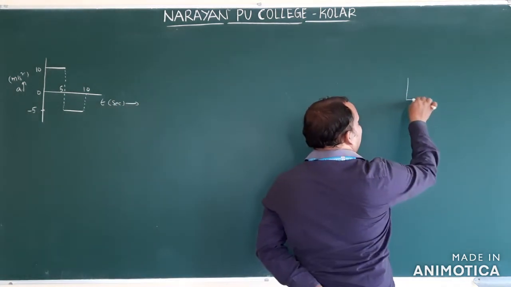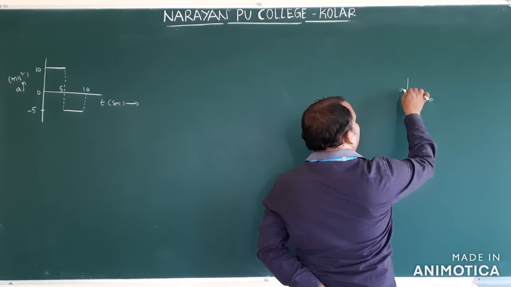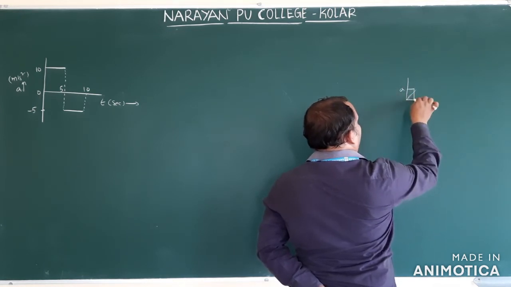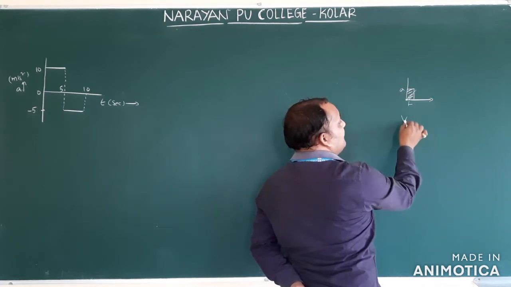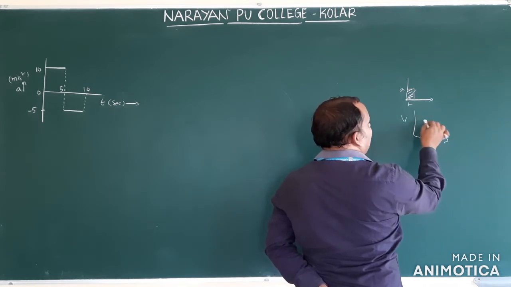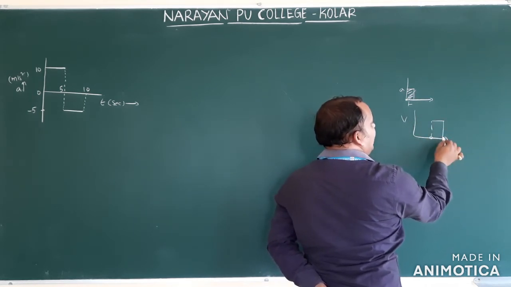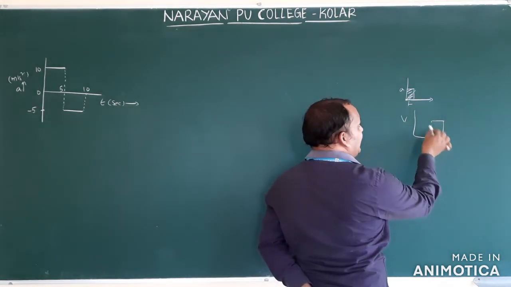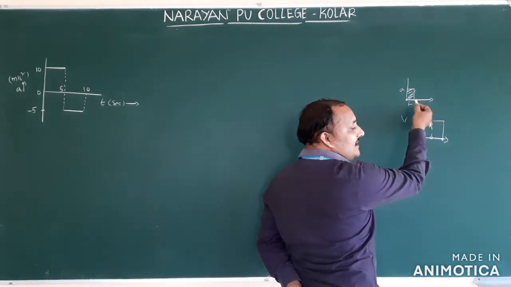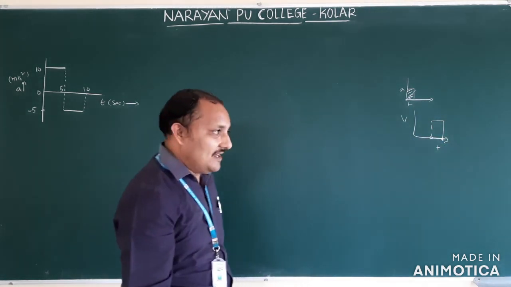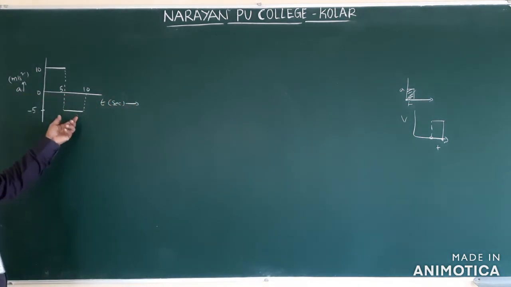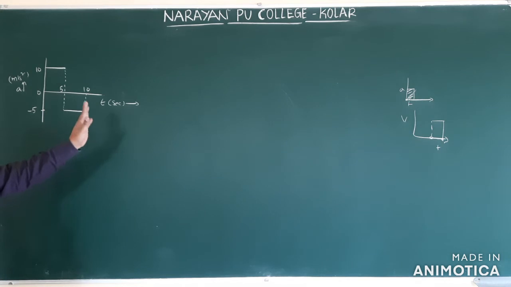When will it give velocity? In this AT graph, if the area starts from the origin, it gives velocity. If it started somewhere else, from here for example, it will give the change in velocity between these 2 points. So if it is changing from one point to another point, this will give the change in velocity between those two points. You can also understand this: this is the graph drawn between acceleration and time.